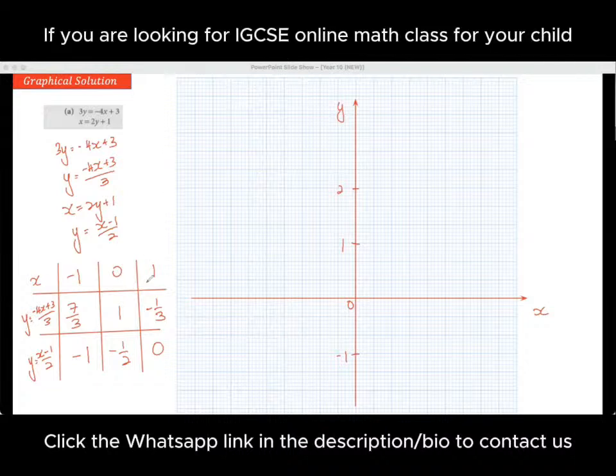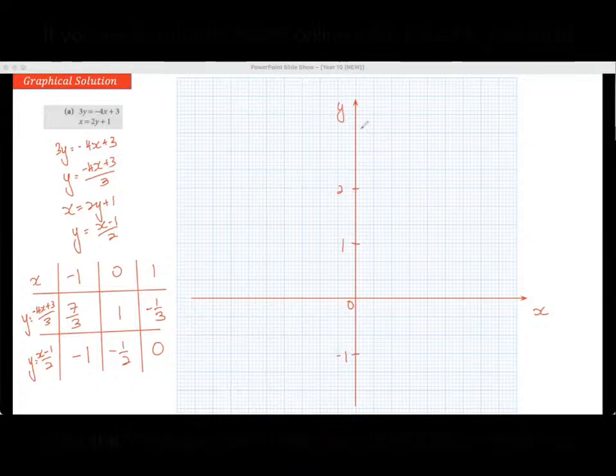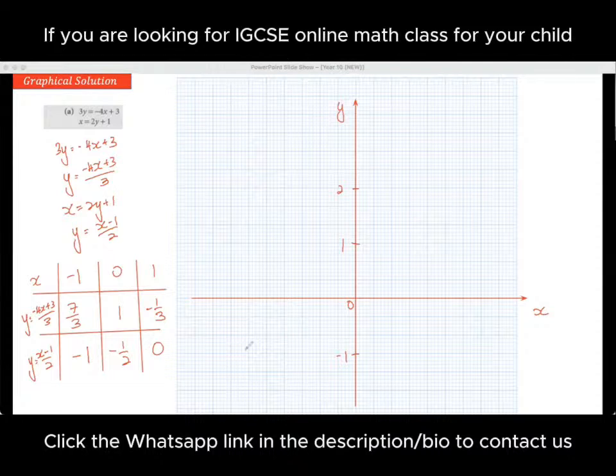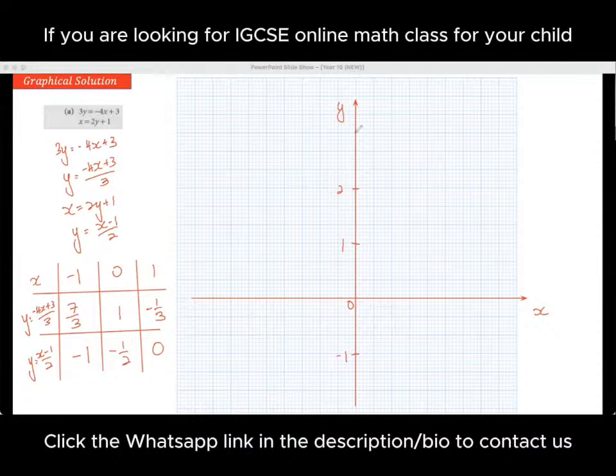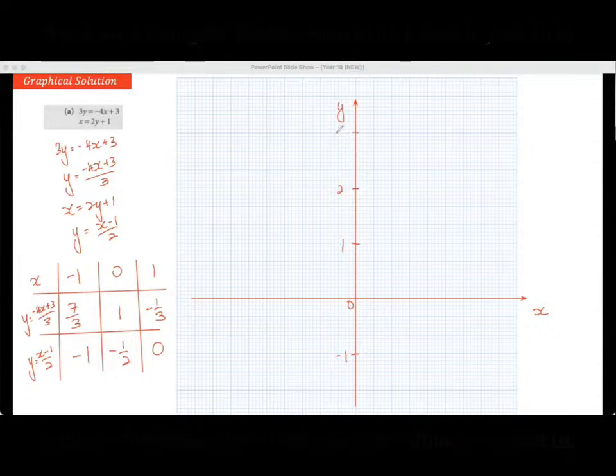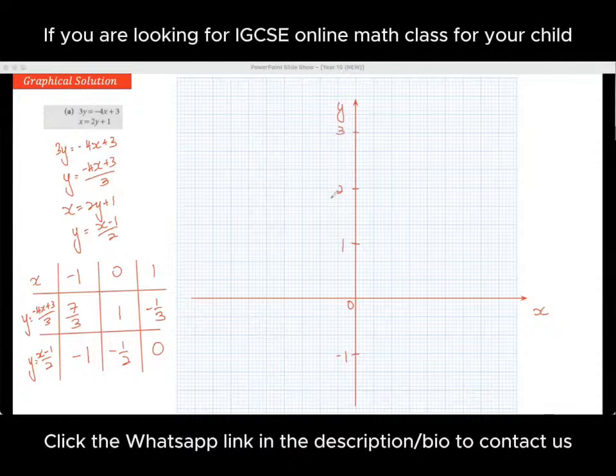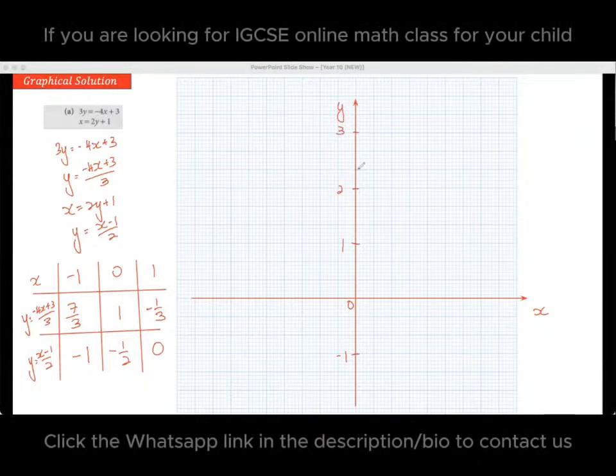From our table here, I know my smallest number for Y will be -1. So I can just stop at here. From this one, my biggest number is 2 and 1/3. So I cannot stop at 2, 1, 2, 3. I stop at 3 here. So the reason why I choose this scale is because it is 7 out of 3. I will say this is